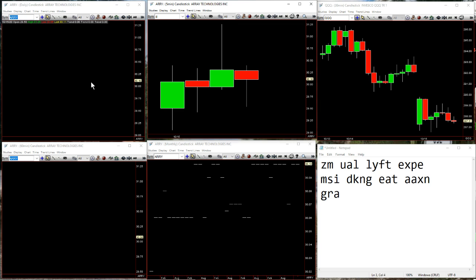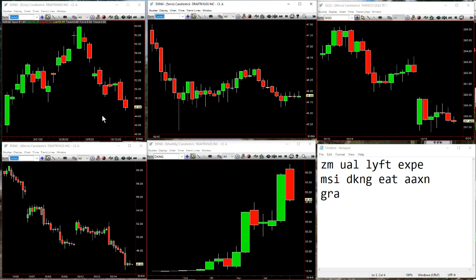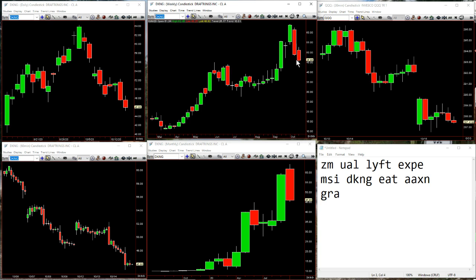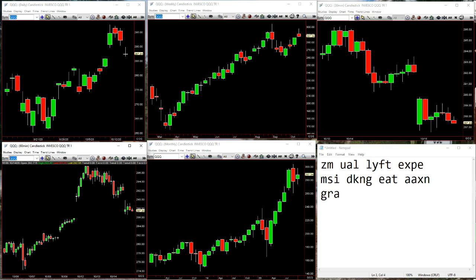A couple more up there to DraftKings. DraftKings still inside in the 60s. We can keep an eye on that. Still having some problems. Weekly here, still taking out last week's lows, and hopefully you get that outside month in here. But right now, keeping an eye on this QQQ weakness to see it once again.